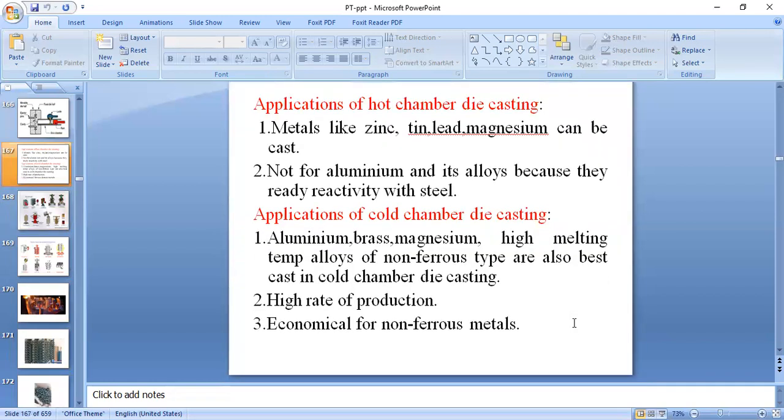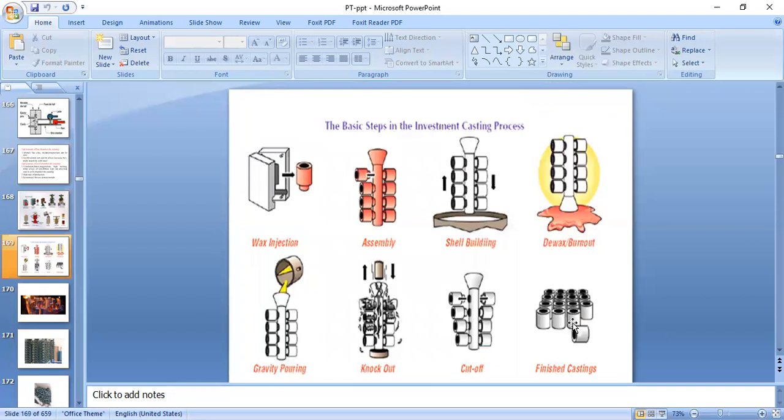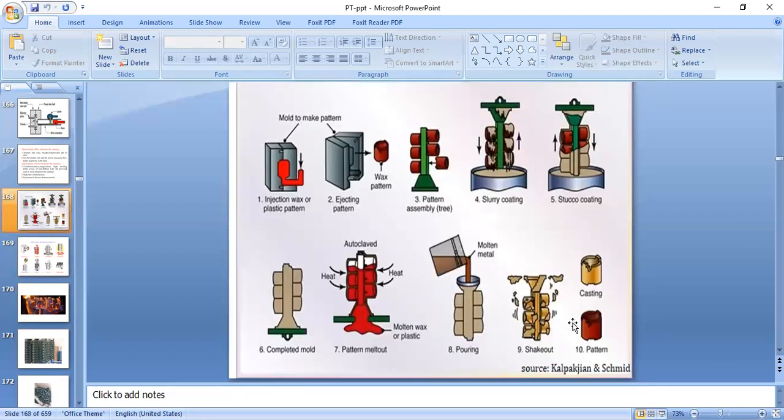This is known as the investment casting process. In this investment casting process, a die is made of metal. In this, we pour liquid wax so that we get a wax casting. Like this, a number of castings are produced with the wax material, and this wax casting we call a pattern. So a number of patterns are made with wax material, and these patterns are attached to a central sprue made of wax only.